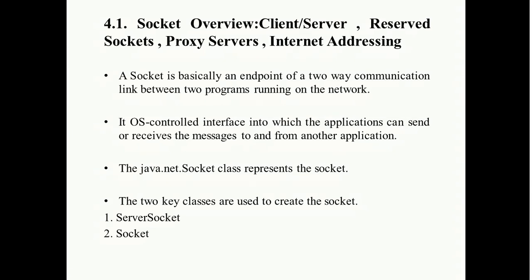And the Java.NET socket class represents the socket. There are two key classes used to create a socket. First is ServerSocket and second is Socket. The server program creates a specific type of socket that is used to listen for a client request. In that case, on a connection request, the program creates a new socket through which it will exchange data with the client using the input and output stream. Meaning when you exchange the data, at that time we use the input and output stream.